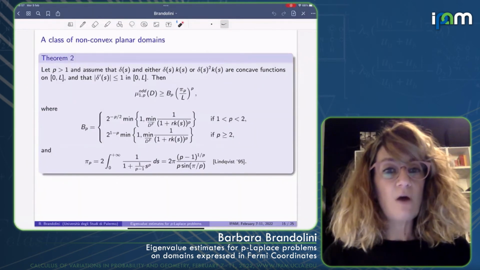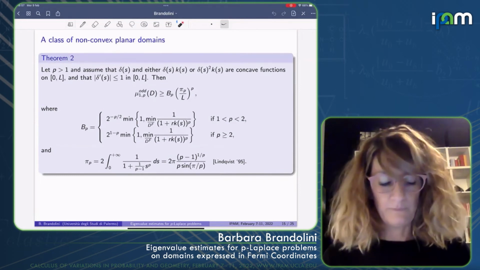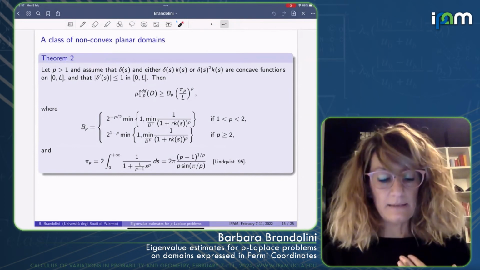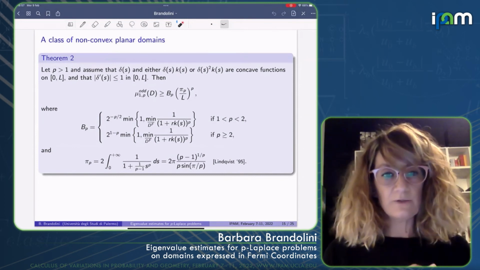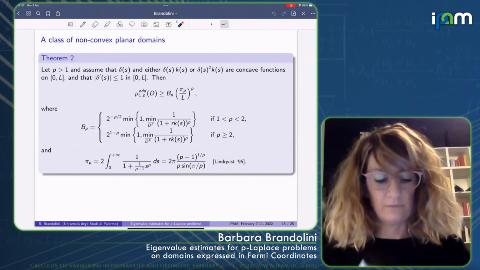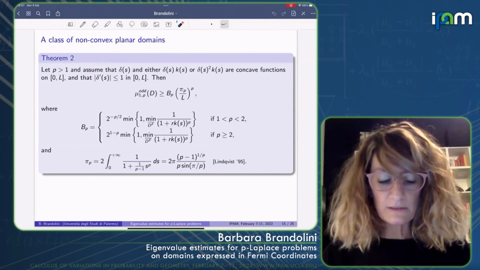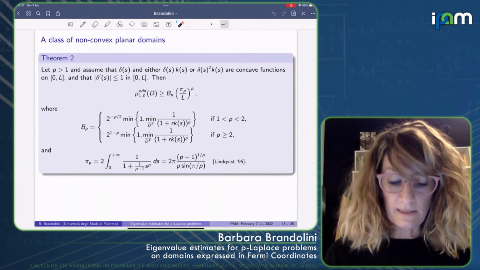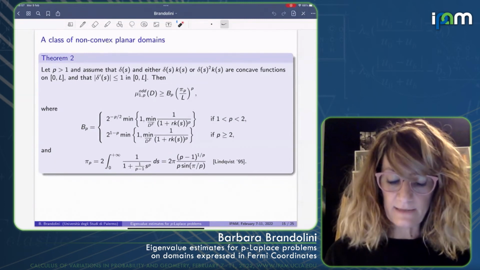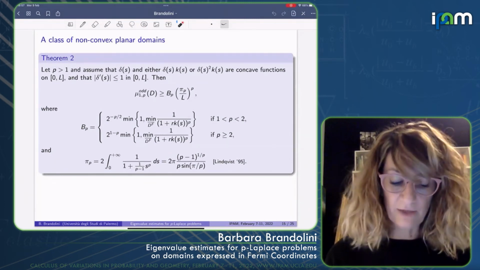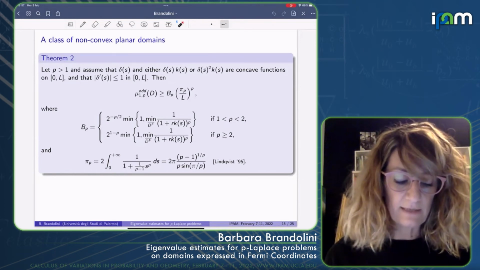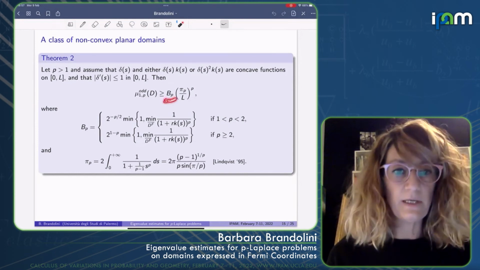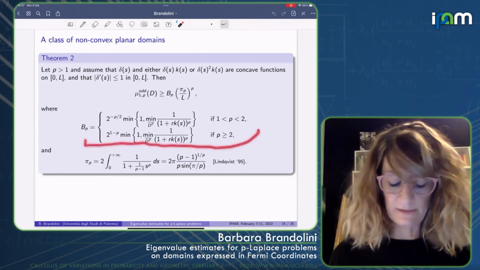But I want to go on with this estimate, because our plan was to prove a lower bound for μ1. We just move to μ1 odd for a moment, because if we have an odd eigenfunction, it's not so hard to prove that if delta and either delta k or delta squared k are concave functions with the derivative of delta less or equal than 1 in modulus, then there exists a constant Bp whose value is explicitly written here,